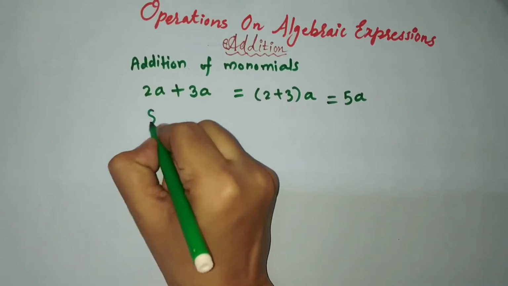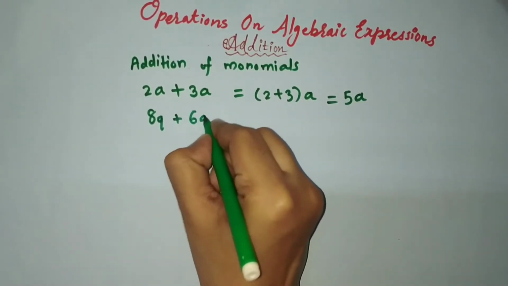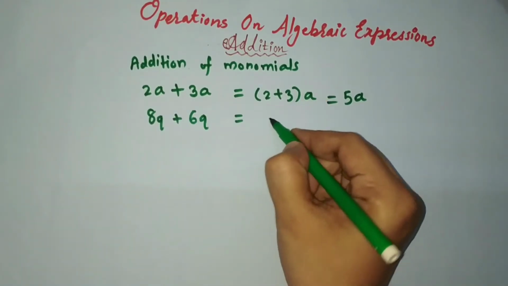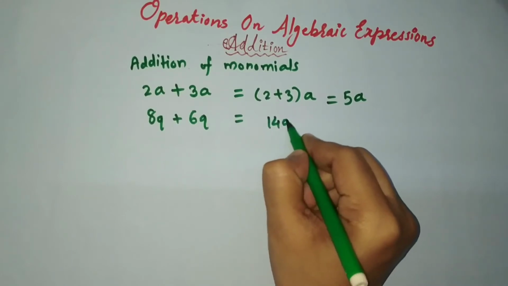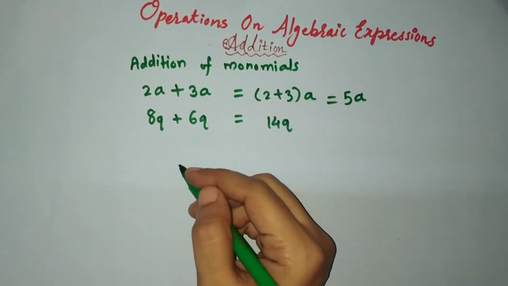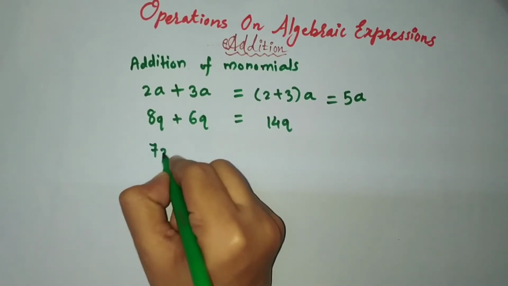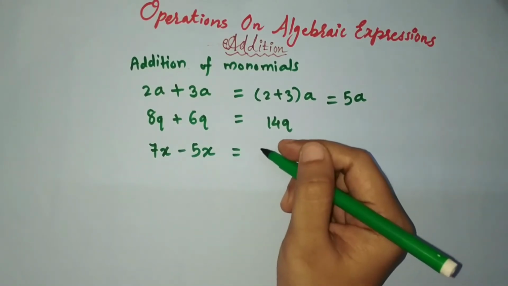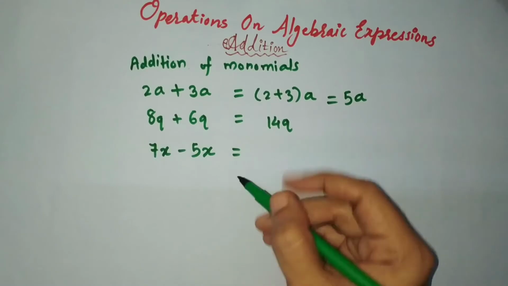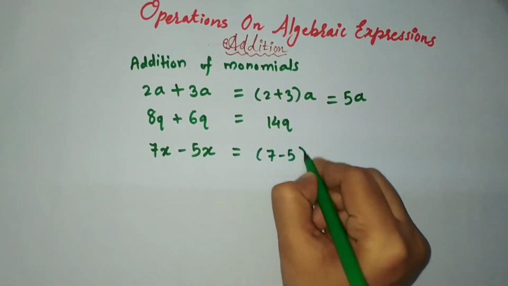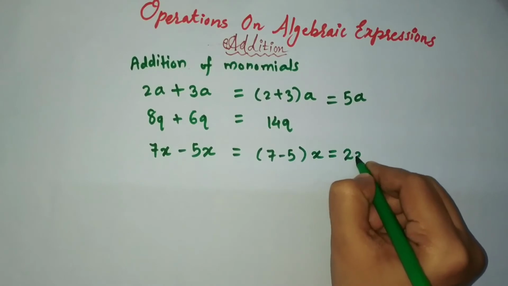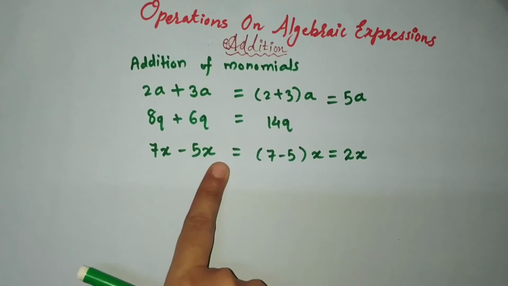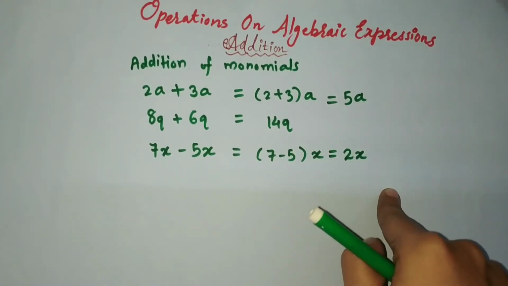Next, for example, you are having 8q plus 6q. So again we will see here q is having the same power, so we can add them. 8 plus 6, that is, we'll get 14q. Next, friend, for example, we are having 7x minus 5x. So suppose here you want to do, that means here 7 minus 5 we will perform and x will be here, so we will get 2x. As we know, in the integer lesson we have seen about this, that one is a positive integer, another is a negative integer, we will perform the subtraction and we will write it.